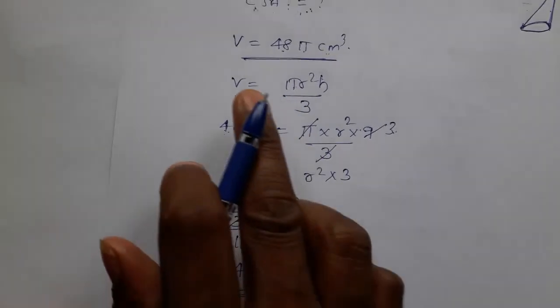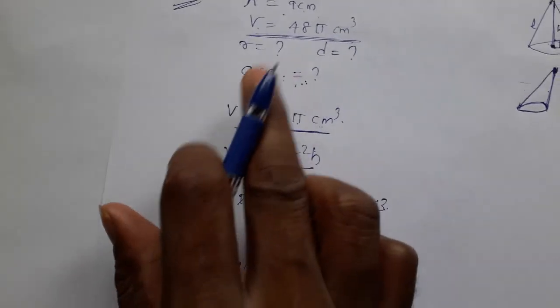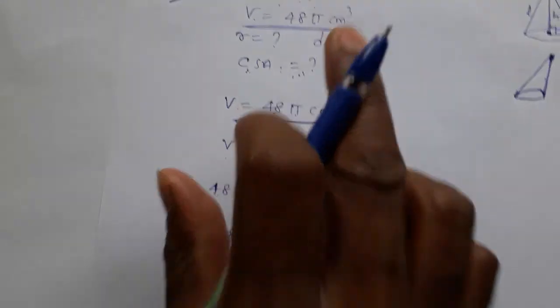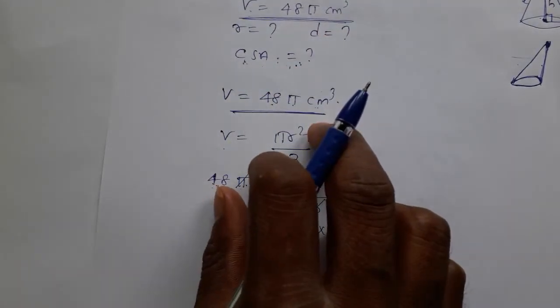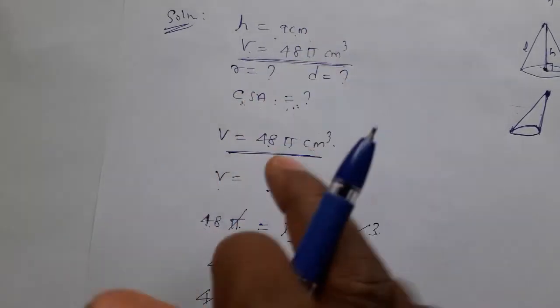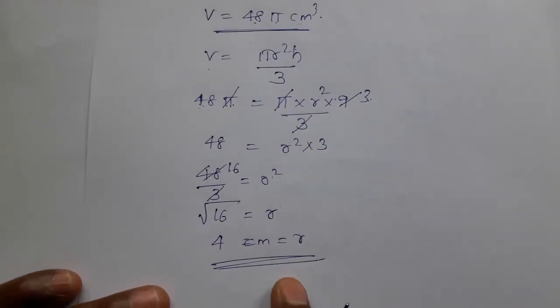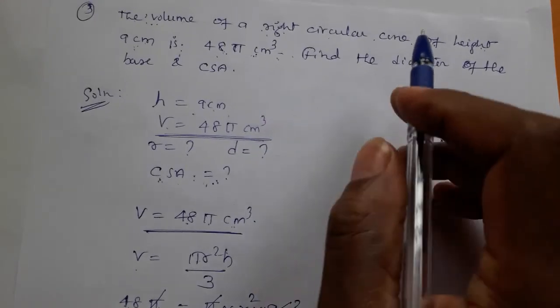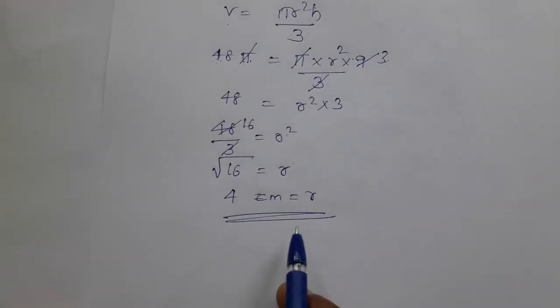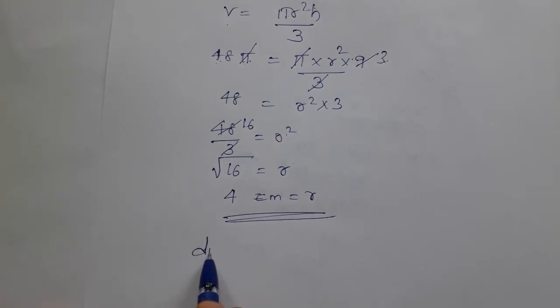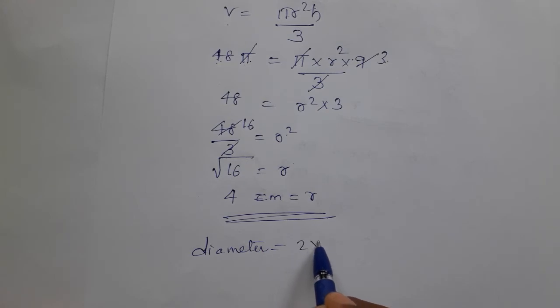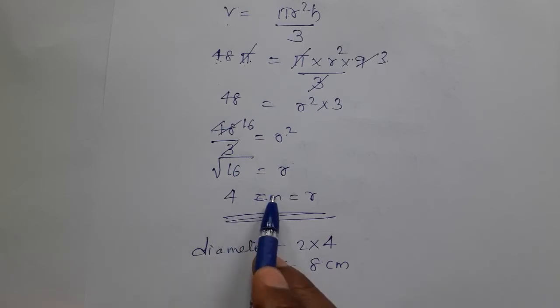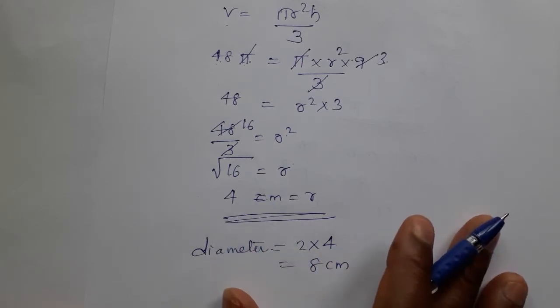Easily you get it by using the volume formula. Volume is given, no? Once you see volume is given, you go to the volume formula only. Okay. So whichever is given, use that formula first, you will get some unknown. Then you go for the sub question now. So first one is what? Diameter, how much? It is very simple. Diameter is double of the radius, right? So radius is 4, then the diameter is 8 centimeter.